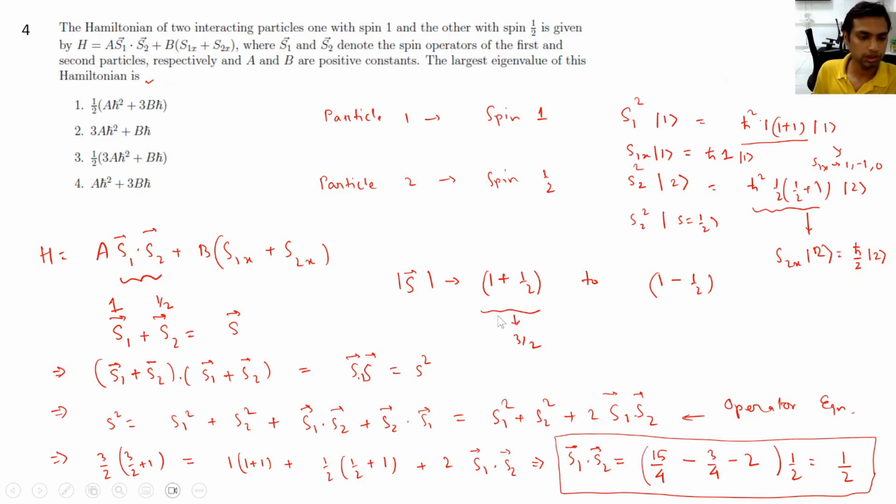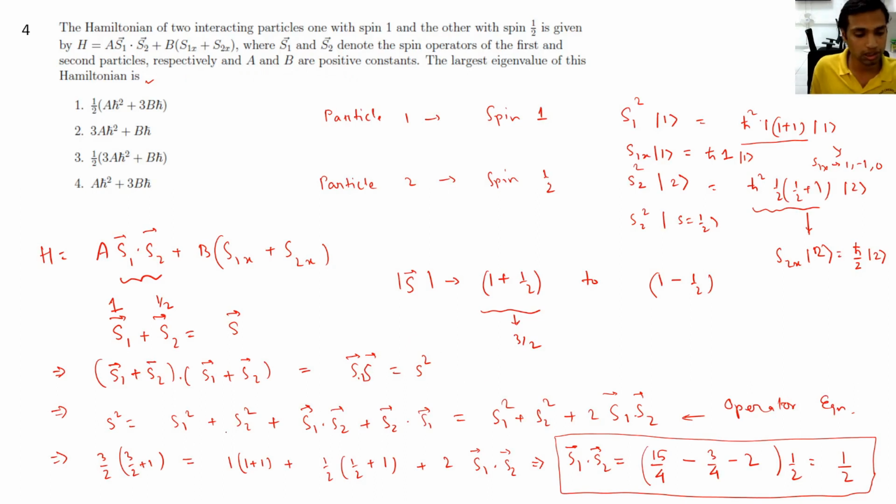So what we have here is H is equal to a s1 dot s2 plus b (s1x plus s2x). Okay, we just now got that this will be a, and so what we will get here is